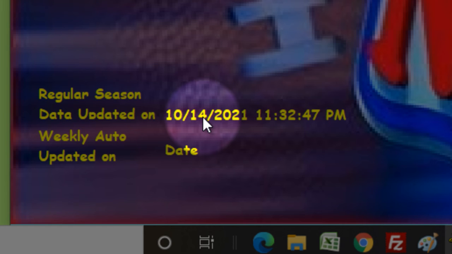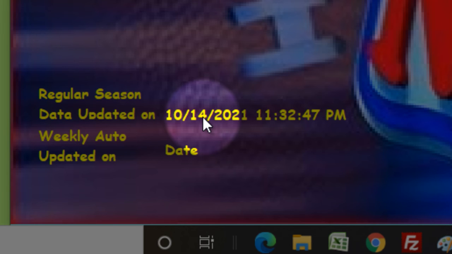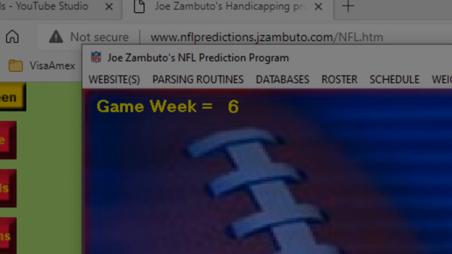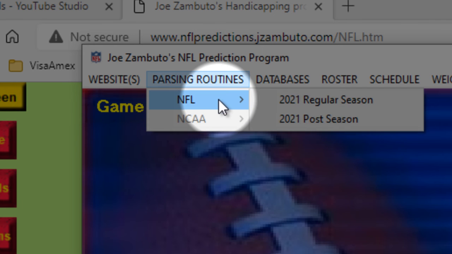Why it's important is, let's say you've got the Thursday game, and then you update after the Thursday game. Now the data will obviously include that Thursday game. So you do want to know at what time you want to update so that you know you're dealing with the latest information. But anyway, every time you run this update, the screen will tell you and store what date and time it was updated. So let's take a look. If you parse this